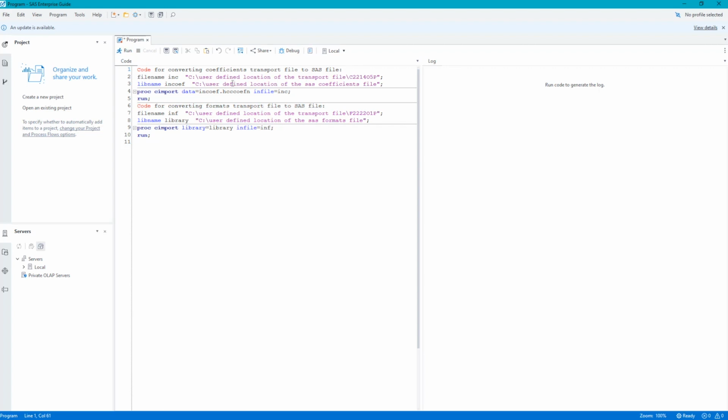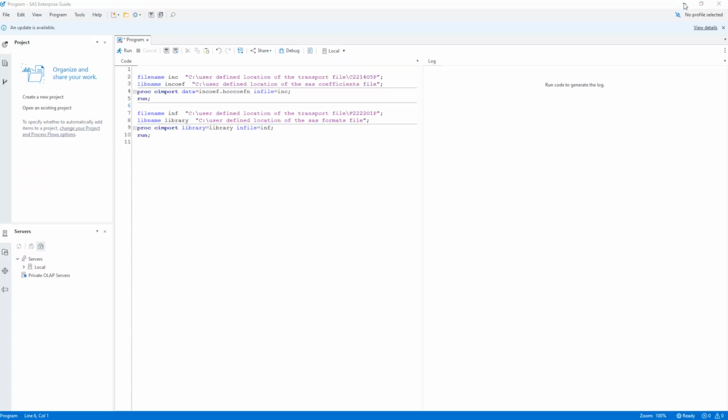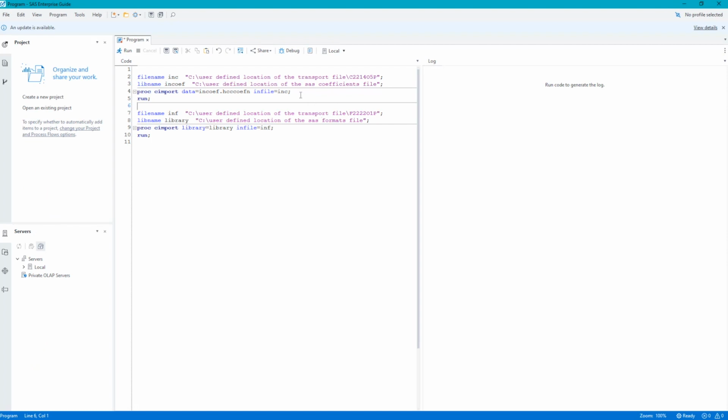In purple, you'll see that there are 4 placeholders for user-defined file paths to locate the 2 transport files and identify where we want the resulting format library and HCC coefficients to be placed. First, I'll remove these 2 unnecessary comments, and then I'll update those placeholders with our recently created transport folder file path.